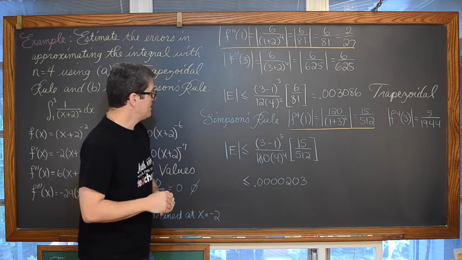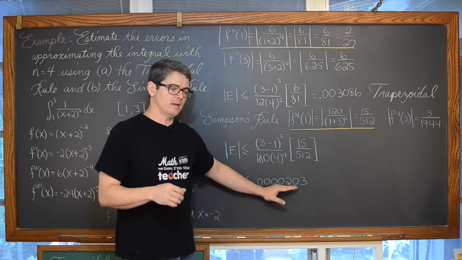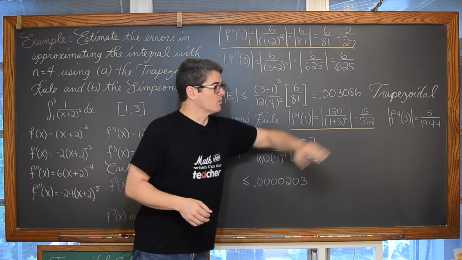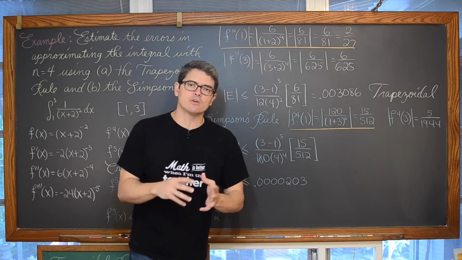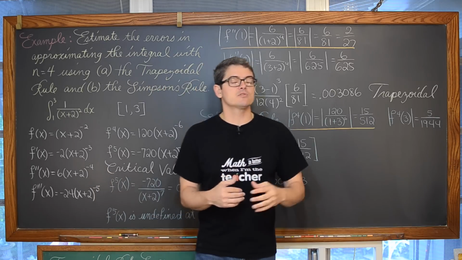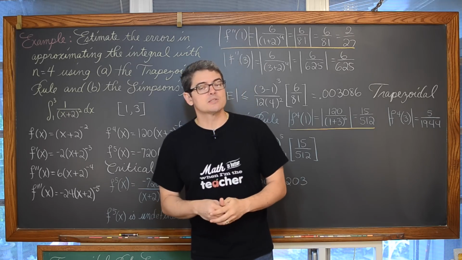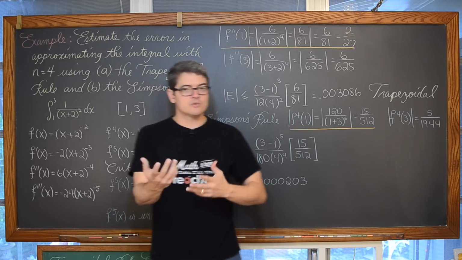You'll notice that the Simpson's rule is giving us a smaller sort of possible maximum error than the trapezoidal rule is. That's very common, of course, if you're trying to track the movement of a curving, constantly moving function with, say, a parabola as opposed to a bunch of straight lines. You will tend to get a smaller error. Now, you can see this all looked very, very similar between the two.